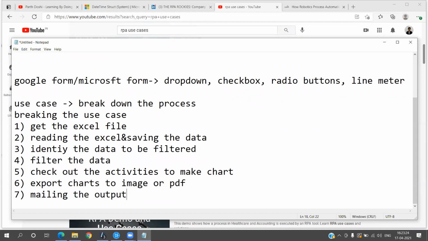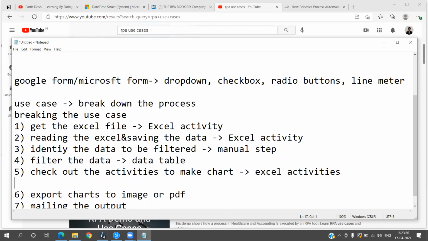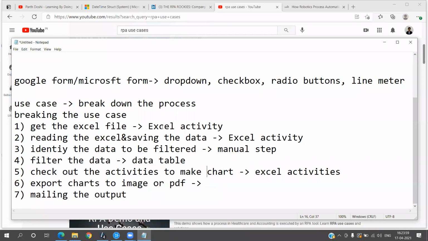Now if you see, initially when we discussed, it was a long use case. Now, get the Excel file is simply using the Excel activity, right? The same goes over here. Then identifying the filter, that is a manual step that you have to think about. After that you have to use data table activities to filter, and Excel activities will also be useful. Maybe you might have to use some custom activity or C# code or something like that. Here again Excel activities will be useful, and here it is simply